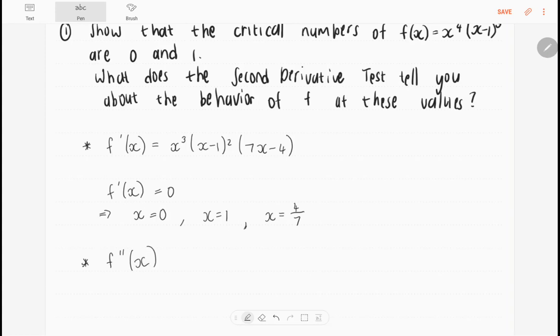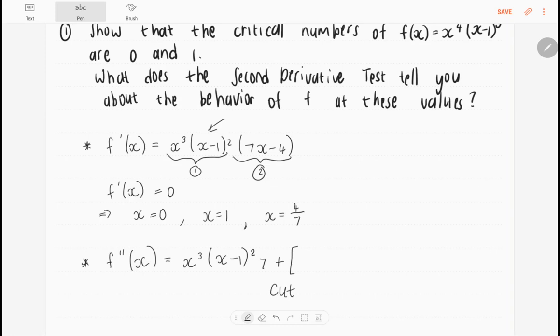So let's just quickly do that. I'm going to do that by taking this as my first function, and this is my second function, and then applying the product rule. When I look at my first function, however, it is a product as well, so I'm going to have to use a second product rule for that one when I differentiate. So the derivative here is going to be the first multiplied by the derivative of the second, which is just 7, plus,